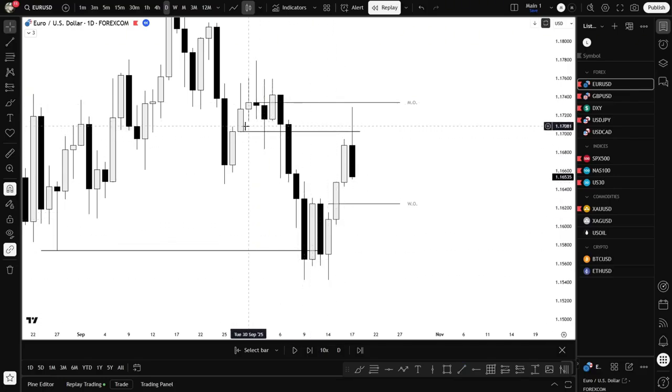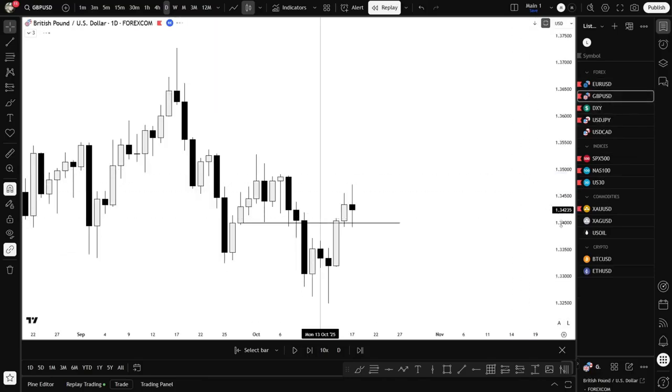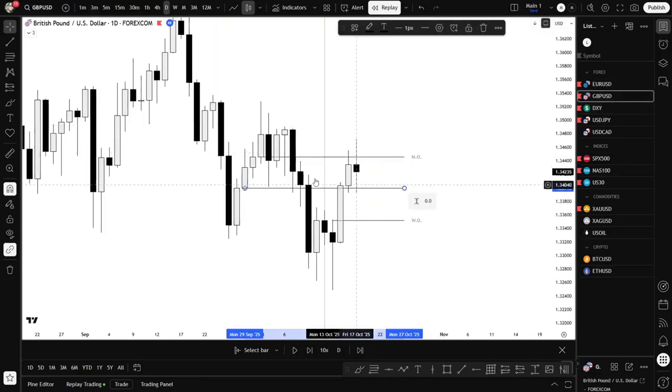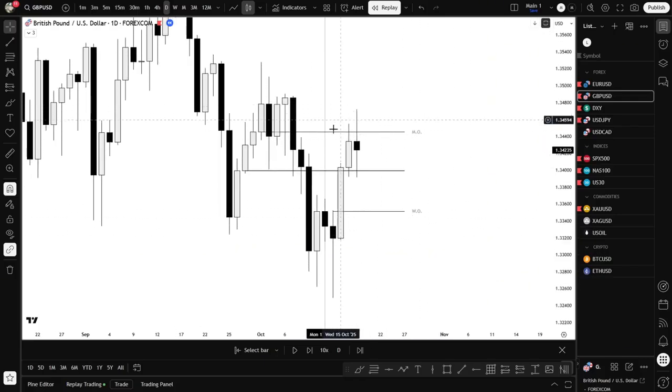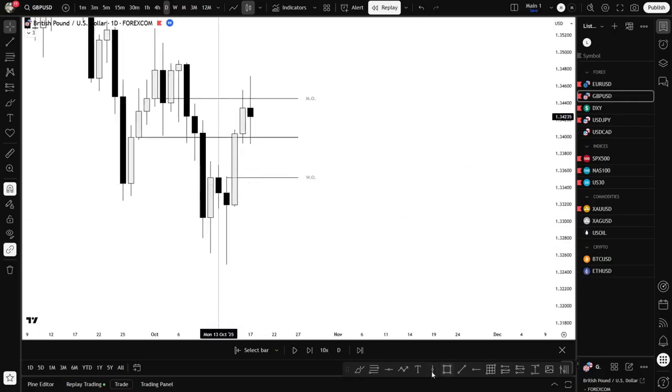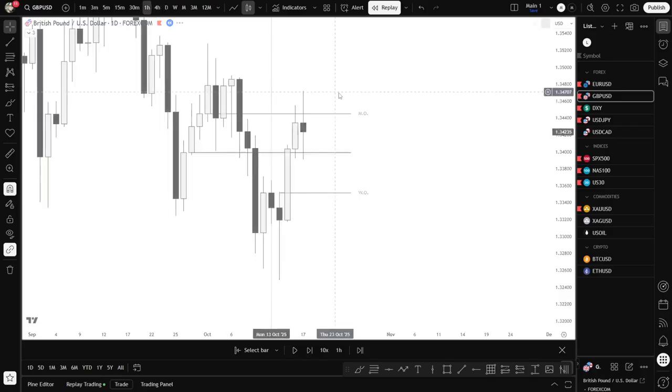Now we have the opening price of the OB that we engulfed on the weekly as a target. We also have the opening price that we hit on this pair, and we also have the engulfed opening price on the weekly, and we have the monthly open. Those are all high probability targets, but first we need bullish market profiles, we need confirmation, then we can take the trade. Now if you go to the hourly,